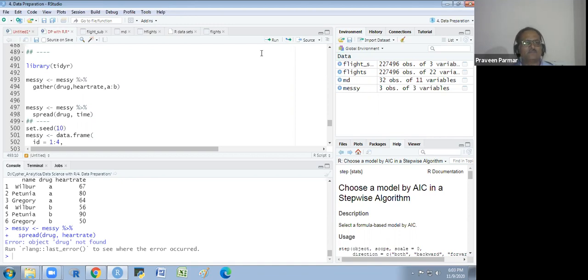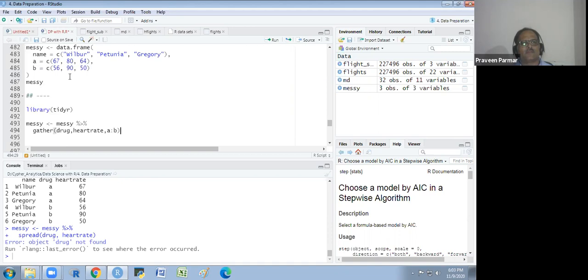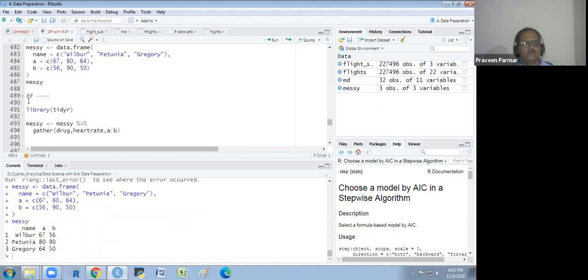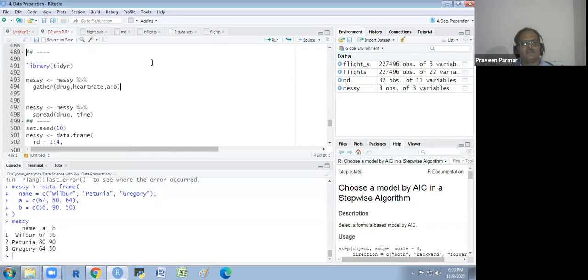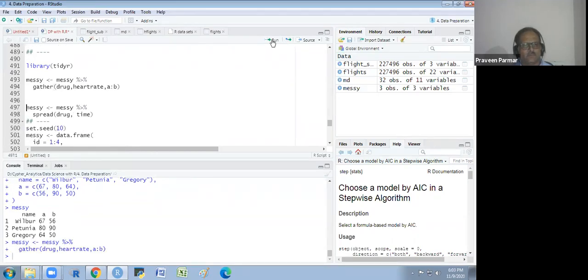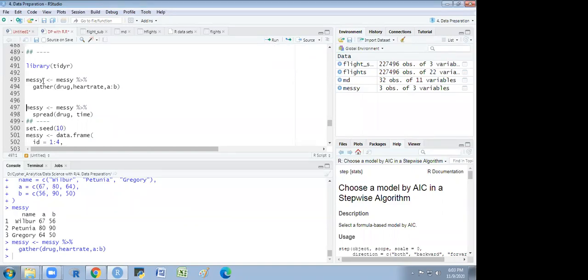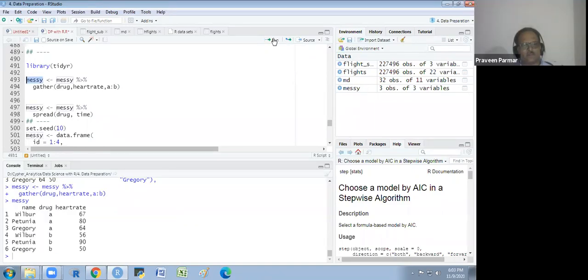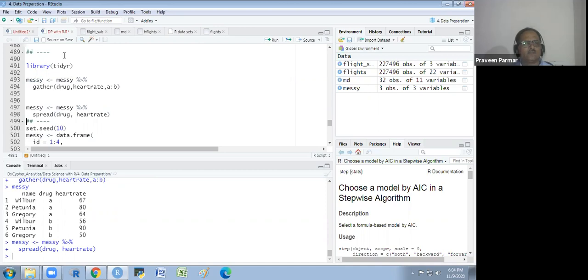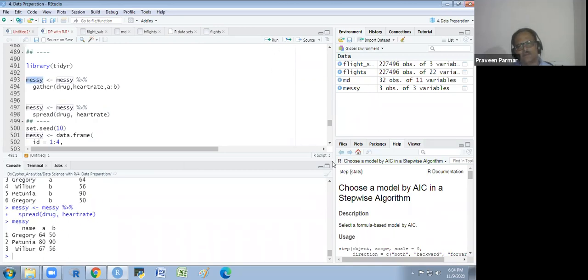Sometimes it happens. I run this again. This is my original, and this I have transformed after gathering. And if I show you again, then I will get it. And then I use the heart rate here. I am writing everything okay in the syntax. Why is it not working? I was thinking that. So now I will show you this mesh. You will see. Got it?